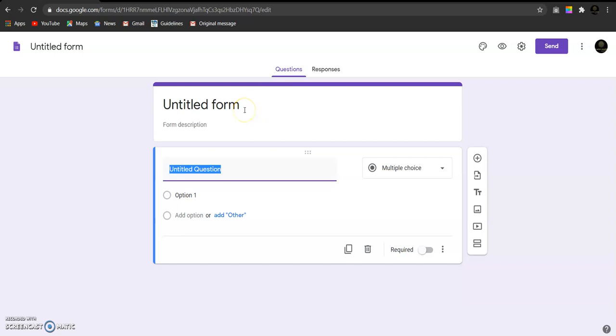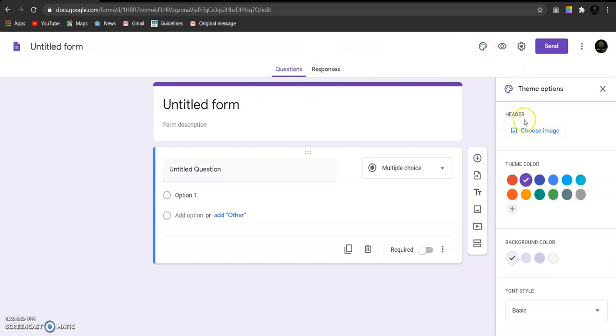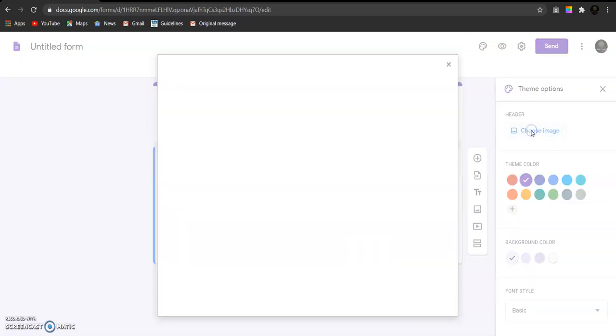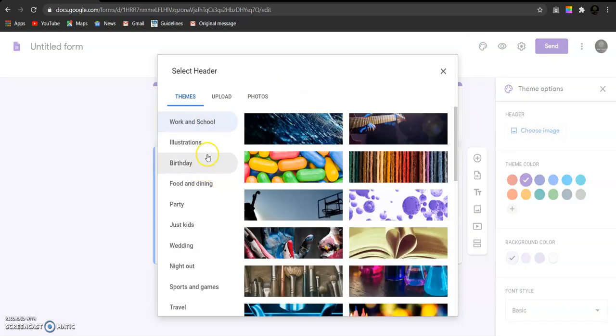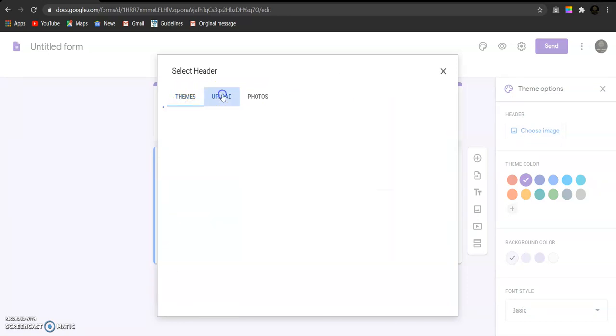Now let's create a Google Form to gather the details of a person who has installed this app. So first let me add a header. I'll go to customize theme and I'll choose an image. You can choose some predefined images provided by them. I'll use an image present in my device.